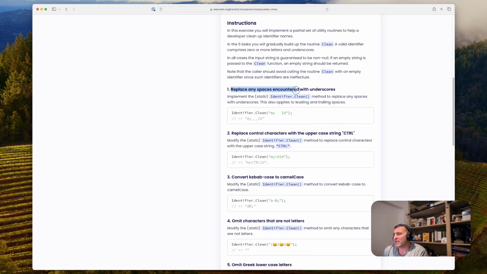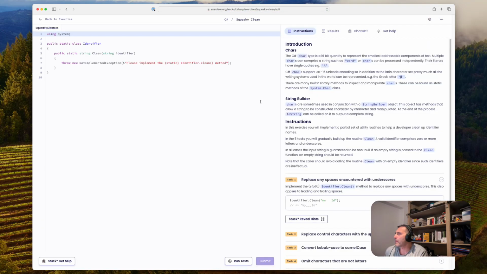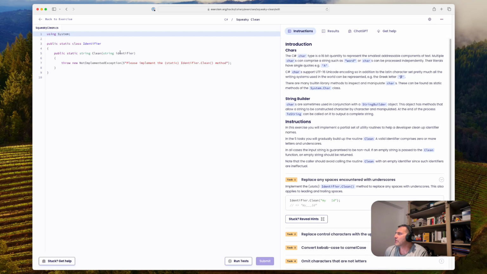So replace any spaces encountered with underscores. Implement the static identifier clean method to replace any spaces with underscores. This also applies to leading and trailing spaces. Okay, so let's open the editor. String identifier. So how can we... Okay, so if identifier,